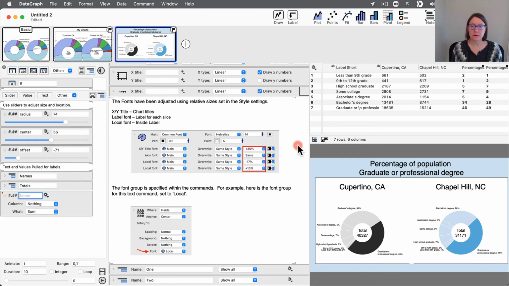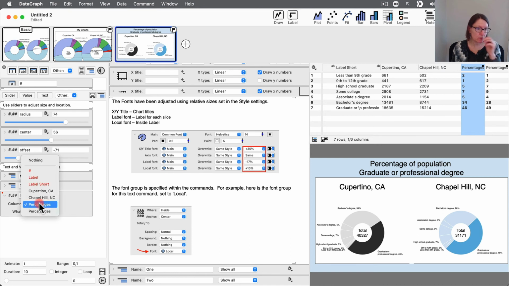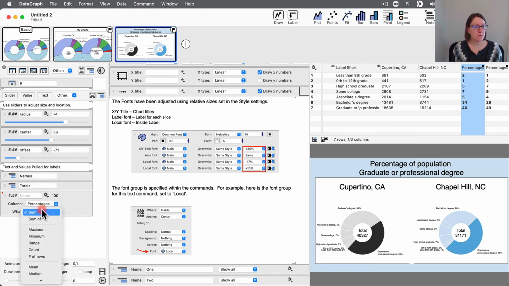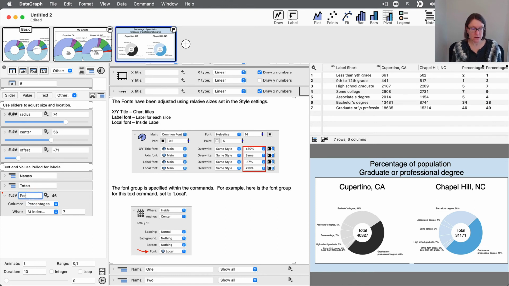And the column here is going to be the percentages. You can actually click and drag the title or use the menu, but either will work. And I'm going to get the value at a particular row, and I want it at index 7. So that's going to give me this exact percentage. So here will be my percent for